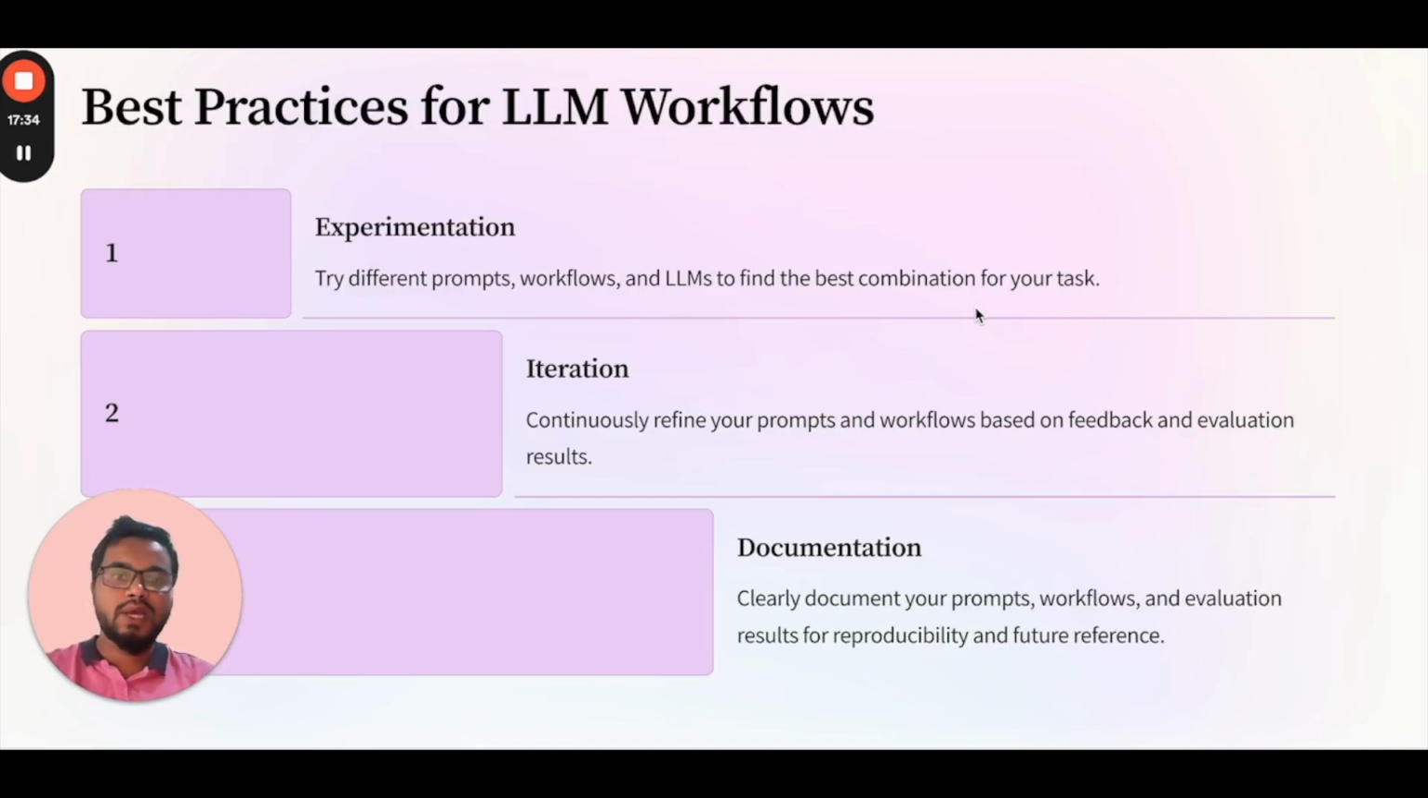Best practices for LLM workflows. So that's a pretty tricky area. You won't be able to figure that out at the first go. You will have to keep on doing experimentation. At the beginning, we'll have to try different prompts, different workflows, and different LLMs as well to check if it is satisfying your use case. We'll have to keep on refining the prompts and the different workflows. Once you feel that it is matching the accuracy we are targeting, then we'll also have to